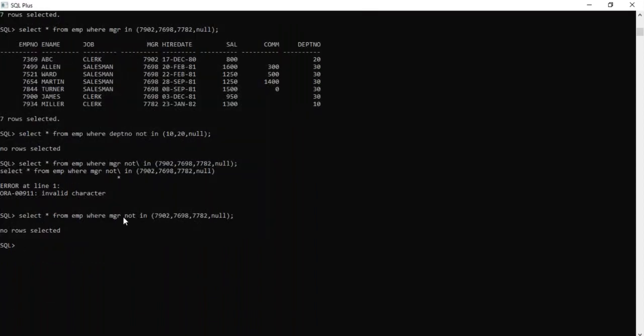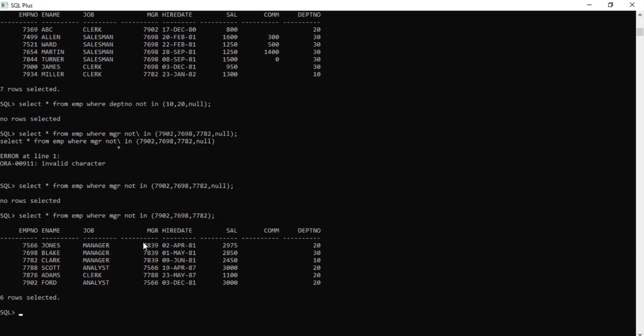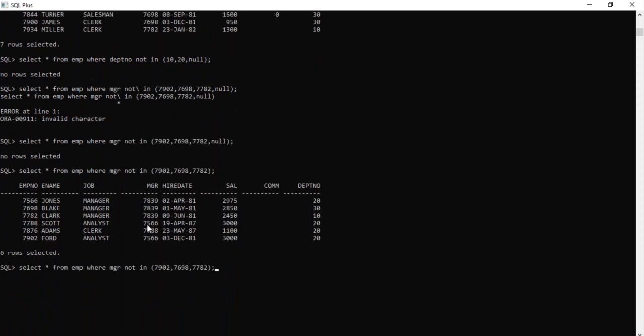To overcome this problem, in correlated subquery, not exists is there. I'll explain it in the subquery classes. Not exists works with null values. If you want, you can make a note and we can discuss this later. So this will be not in.